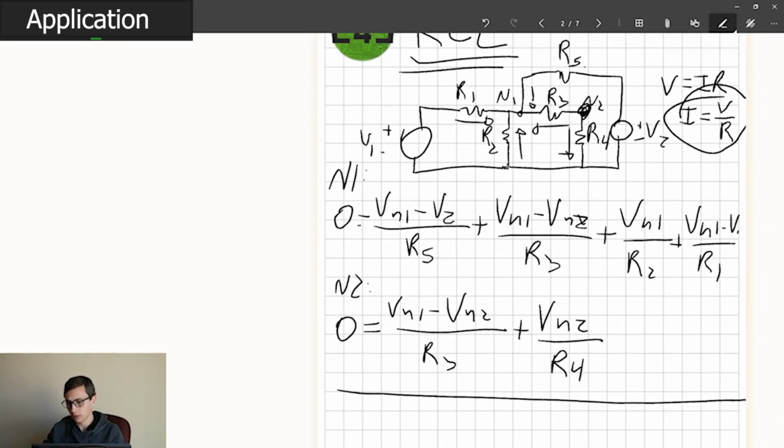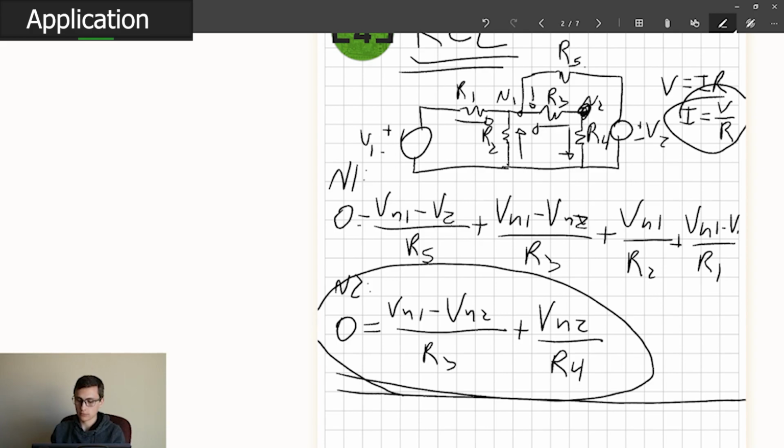Let's say, for example, that we wanted to solve for the voltage across R4. That would end up being equal to the voltage at node 2. Okay. And if we want to know that, unsurprisingly, this equation tells us that that's a function of the voltage at node 1 and the ratio of R3 and R4, which checks out. And our first equation